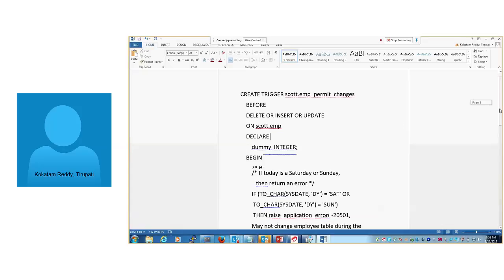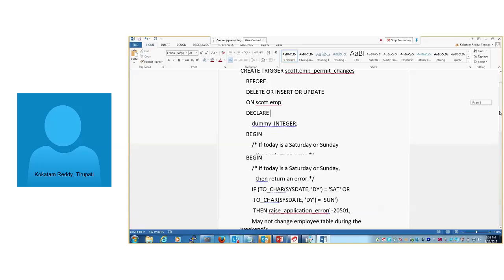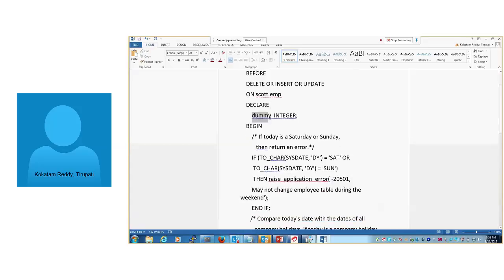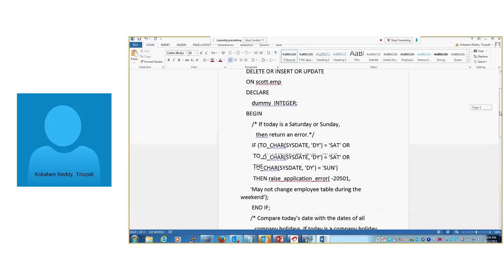Dummy is a number. Dummy means the variable name. If you want, you can take some other name also. Right now we put the variable name as dummy. Then begin. The thing is here, if today is a Saturday or Sunday, then return an error.